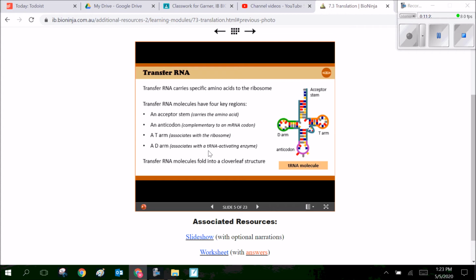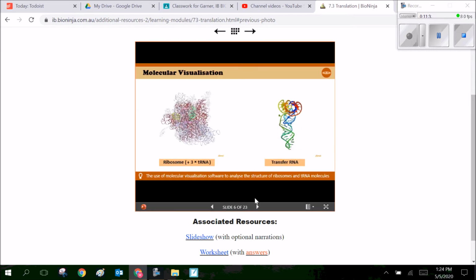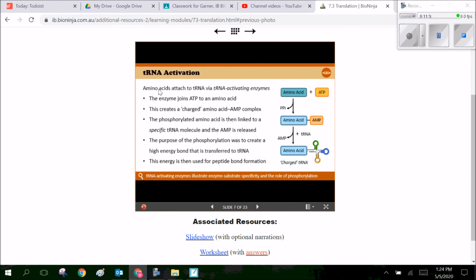And a D-arm associated with the tRNA activating enzyme. So basically this is going to, I don't know if there's a good analogy for this. It's basically going to activate the tRNA. It's called tRNA obviously because it's a T shape. So tRNA activation, don't really need to go into this too much because this is more of an